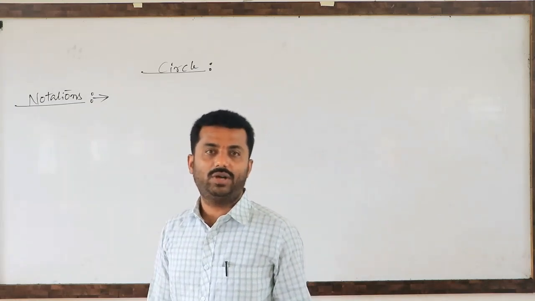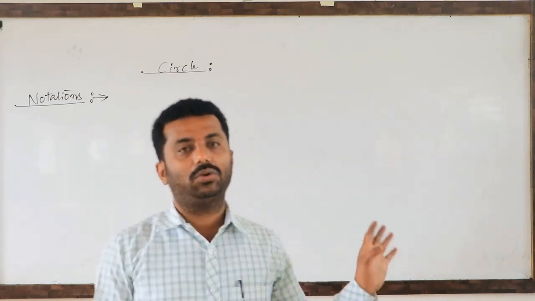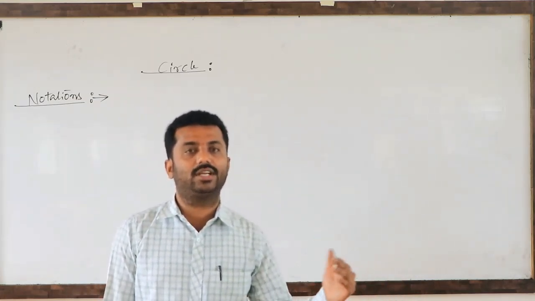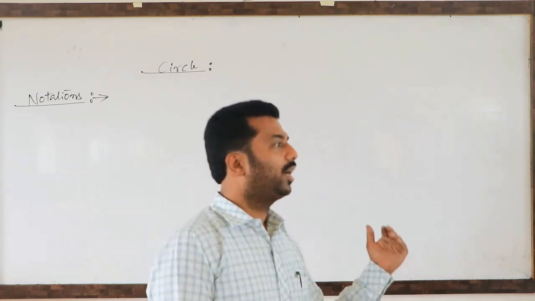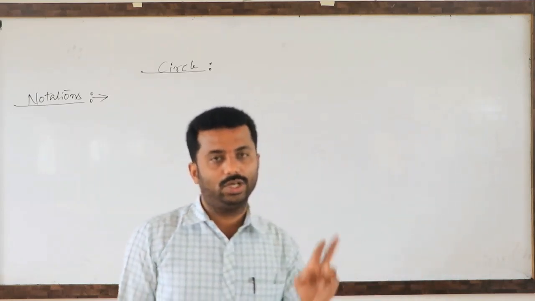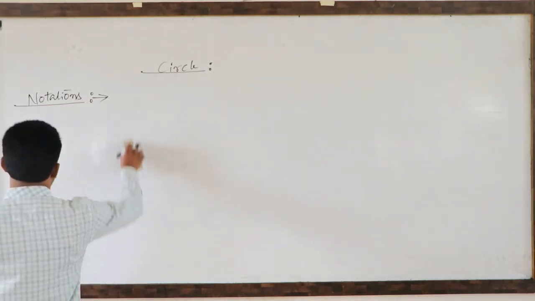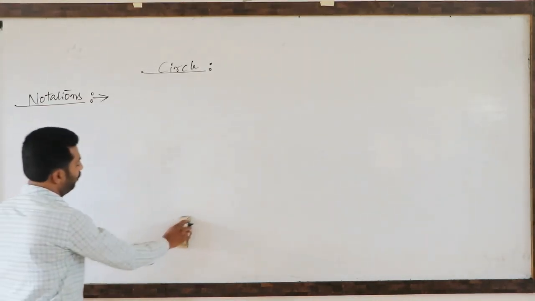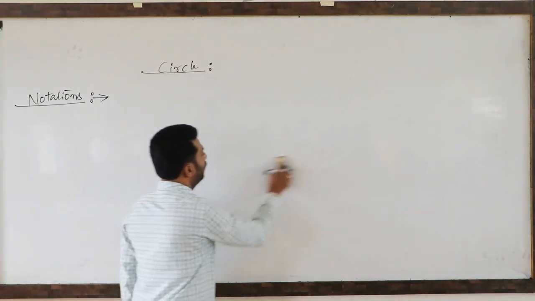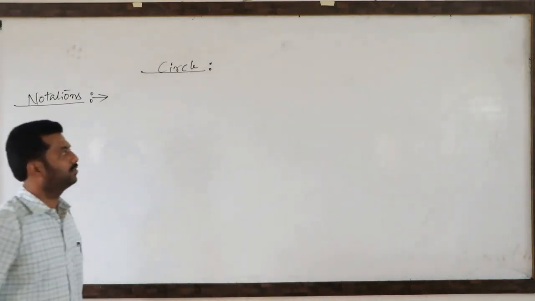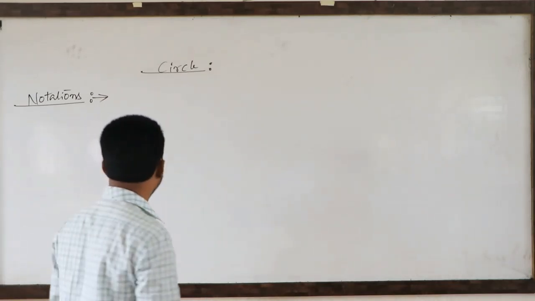In theory, only this is given: the center and radius are given, how to calculate the circle equation; or the general equation of a circle is given, how to calculate the center and radius. Only two types. But that is not sufficient. From the entrance point of view you need more concepts, so in this chapter we are discussing theory as well as coaching both. You have to remember that point.